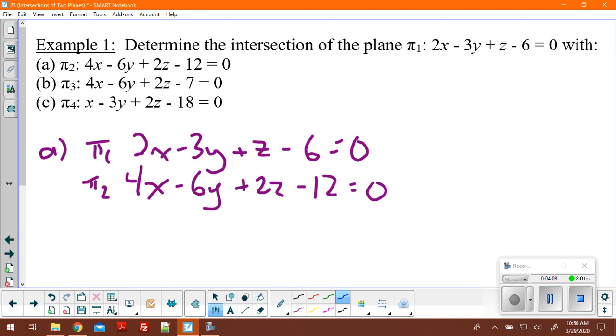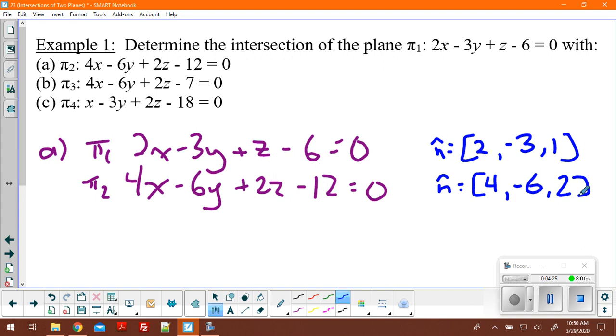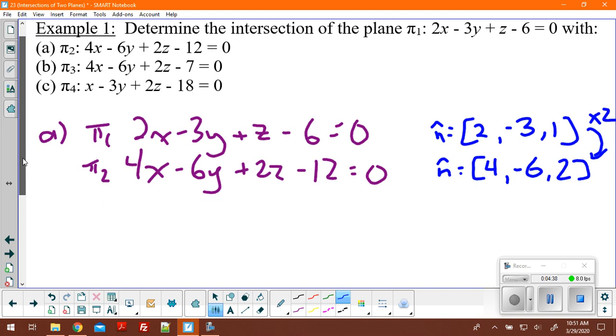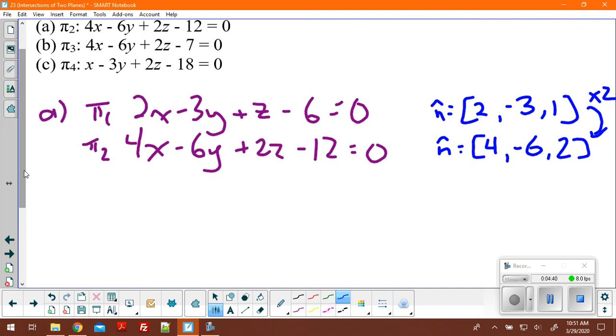First thing I'm going to quickly check my normals. So my first normal is equal to 2, negative 3, 1. And my second normal is 4, negative 6, and 2. Having a look at those, this one is just double the first one, so the normals are parallel. So either these planes are parallel and they don't touch, or they're really the same plane twice. And if you looked ahead a little bit at that last coordinate, you can see that's also double. So yeah, this is going to be the same plane twice, but we're still going to go ahead and solve